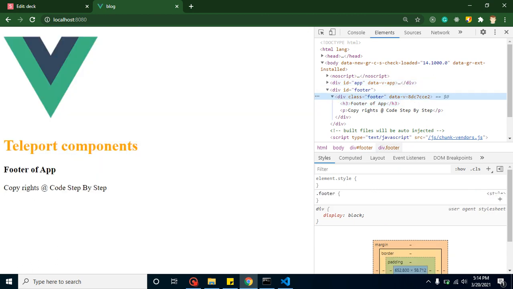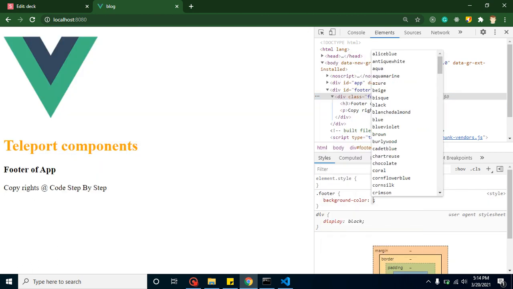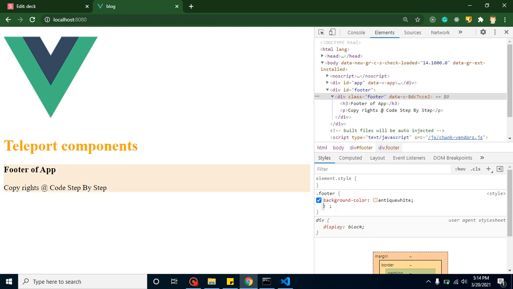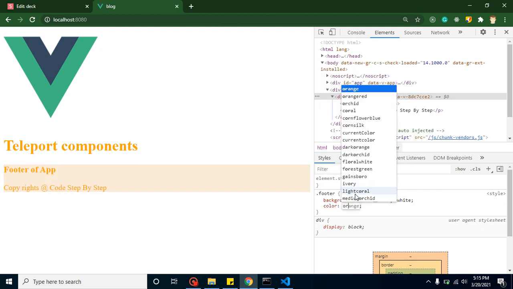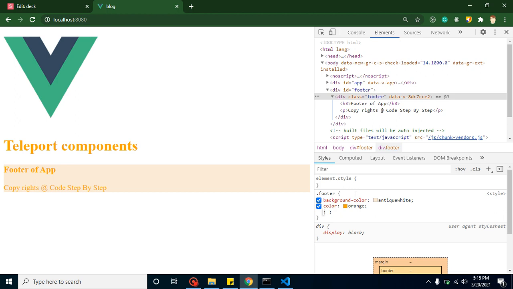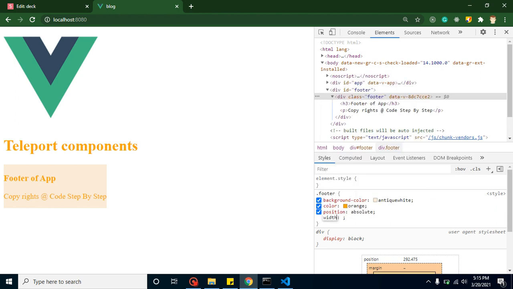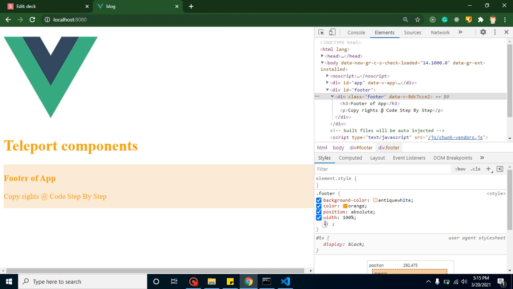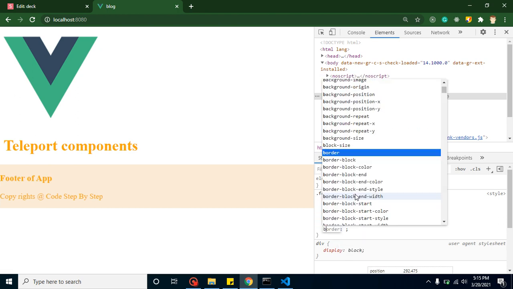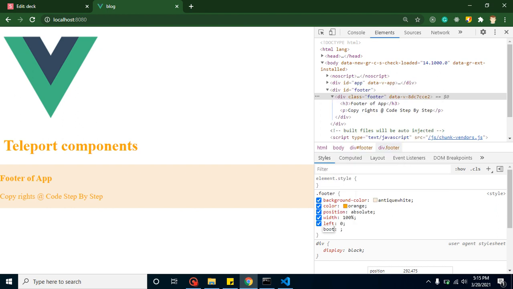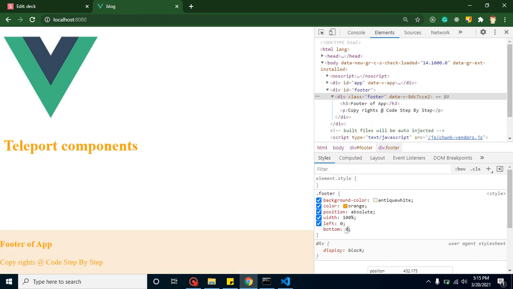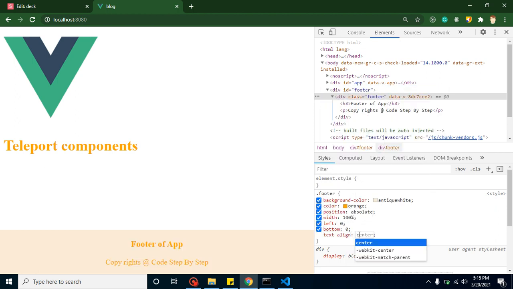So here what we can do, let's say background color, we can add something like this. Color we can add orange here, position absolute, width 100%, left 0, bottom again 0, and we can add padding also, or we can put text align center.